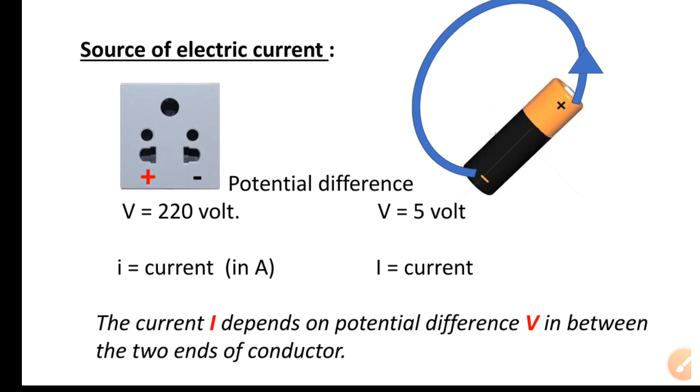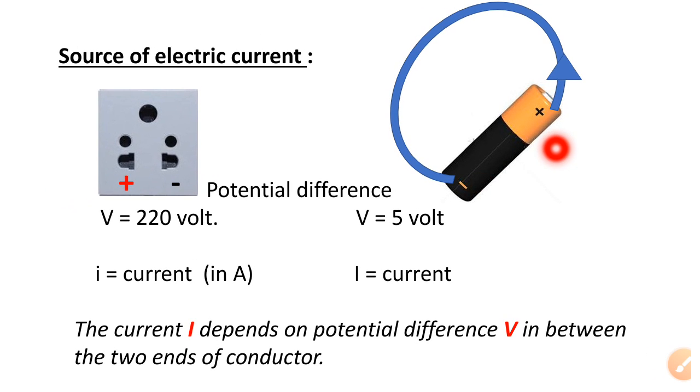Okay, like here we have an electric cell, this is the positive terminal and this is the negative terminal, and the potential difference in between those two terminals, in between those two ends, is given as 5 volt. Okay, now suppose this is the wire connected, so we will say that at the ends of the wire, at the ends of the conductor, the potential difference is 5 volt. Okay, so here the potential is positive and here the potential is negative, so we'll say that the current will flow like that, correct?